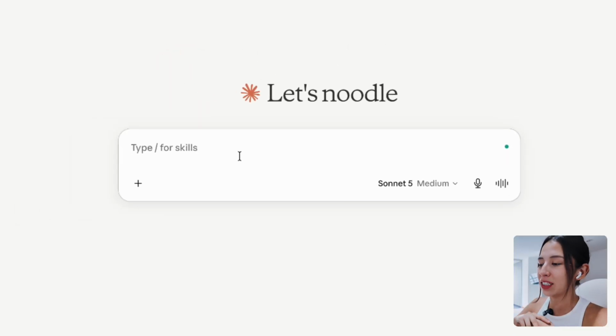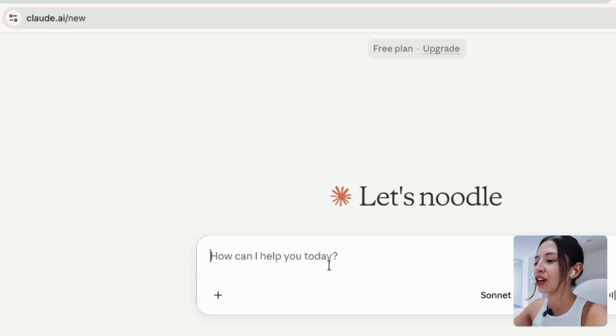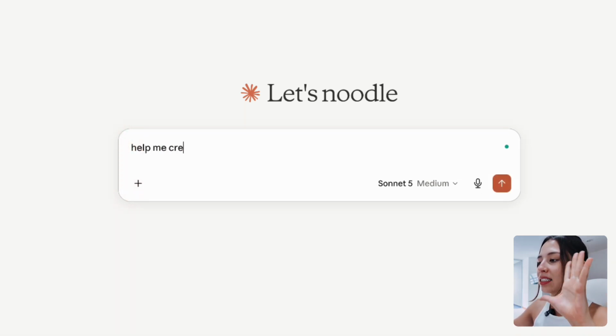So I don't know if you know this, but you can actually create spreadsheets and documents using Claude. So the first thing you're going to do is open Claude AI and ask it to create a spreadsheet, and you're also going to give it all the necessary information that it needs in order to create one. So I'm going to start with the prompt to ask Claude to help me create a spreadsheet to track